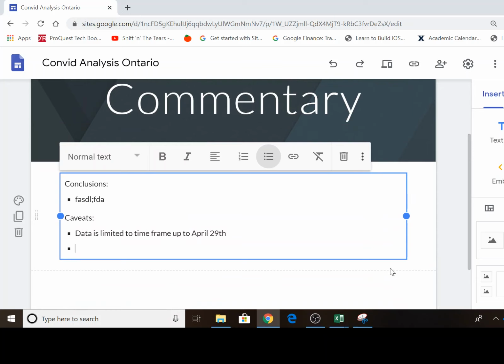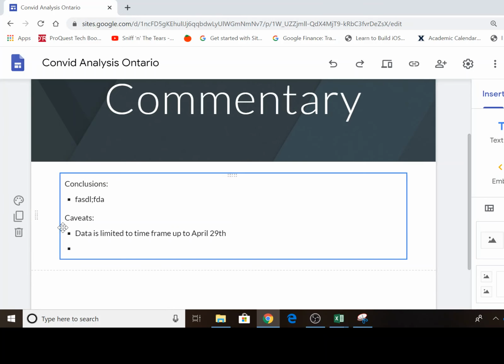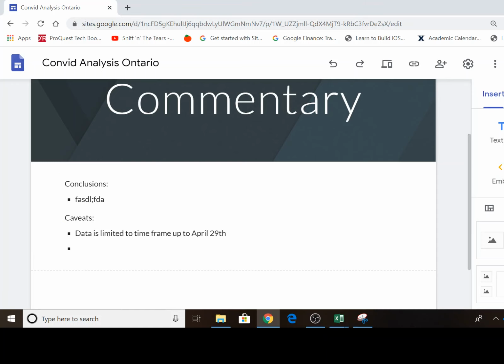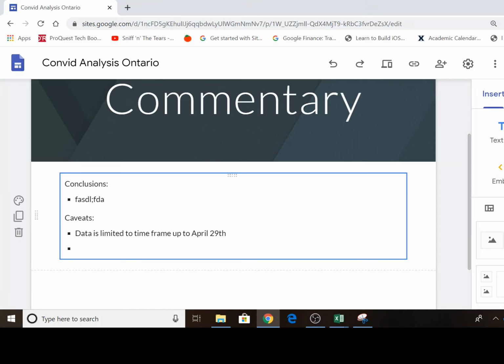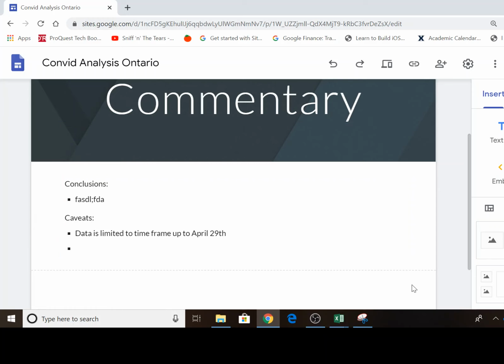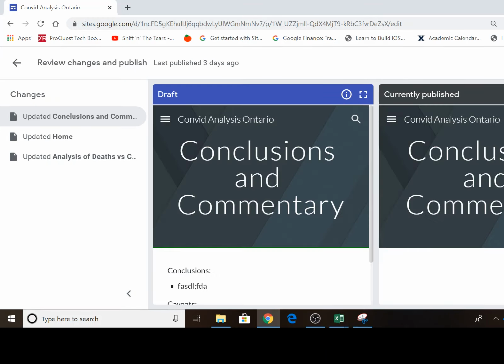So anyway, once you get done with this, there really isn't a save button here. Anytime you insert something, it's automatically saved. However, remember last time we published our website. So even though there's not a save button, you have to publish the website once again. So when I click on publish, this window comes up